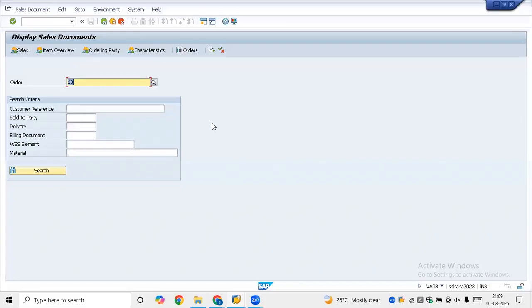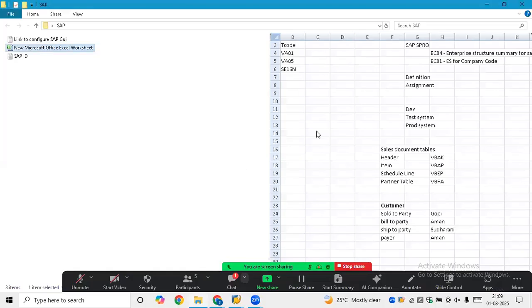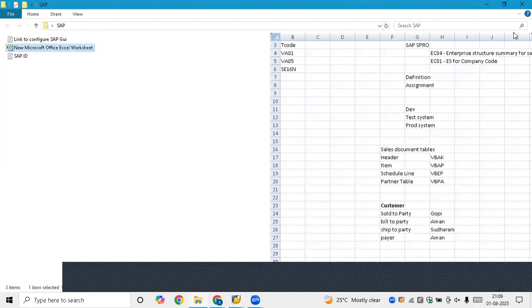It's a good question, but you should understand the architecture of SAP. Yeah, because the same thing is displaying in both places. Correct. See, the architecture of SAP says